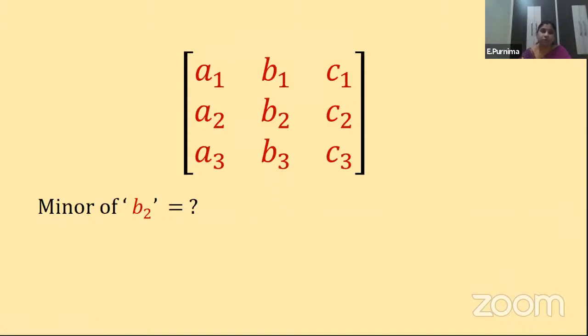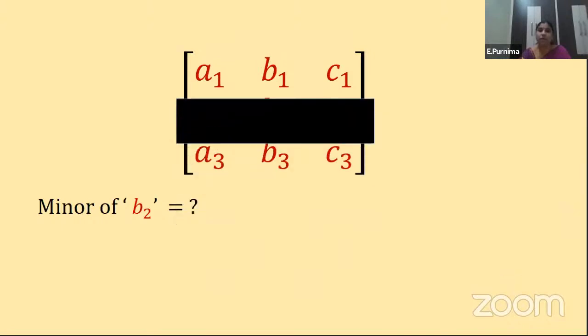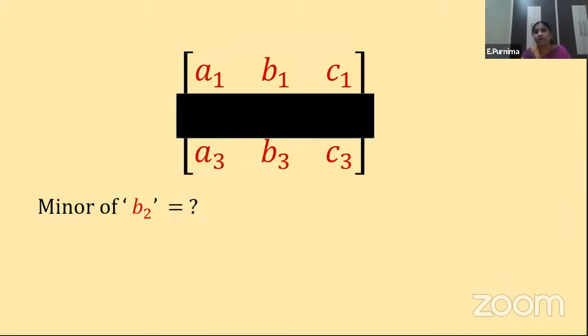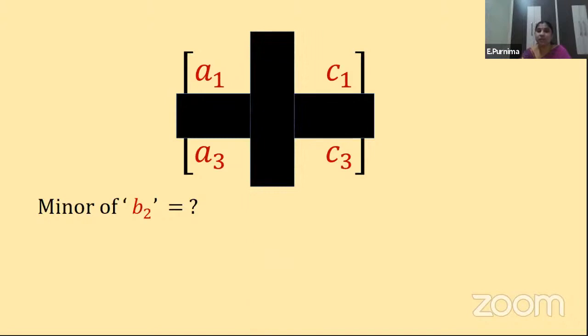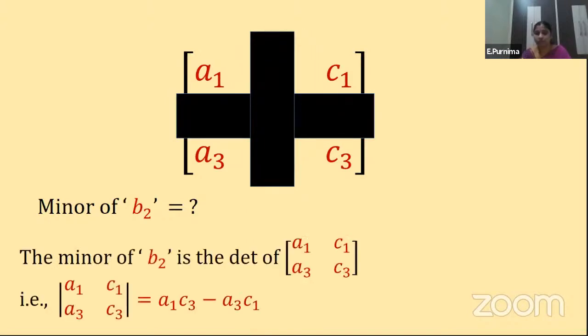So, now what should you do? Which row do we have to cover now? Because it is there in the second row, you should cover the second row, isn't it? So now I am trying to cover the second row. Now which column is it in? Second column. So let us cover the second column. So then what are the four elements left here? A1, C1, A3, C3. Now if you write them in the form of a matrix, we get a 2 by 2 square matrix. Clear? So this is nothing but the determinant of A1, C1, A3, C3, which is A1 C3 minus A3 C1. Isn't it? So have you got this? It is nothing but A1 into C3 minus A3 into C1.